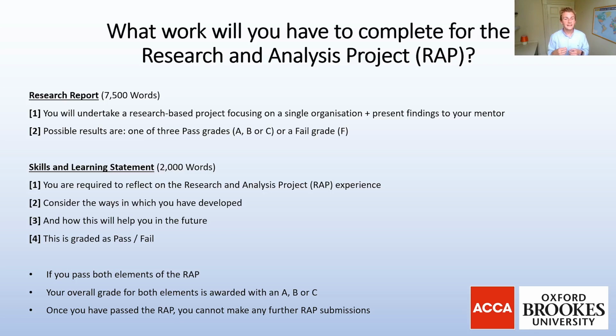And then once you've had your meetings and you've completed your 7,500 word project on that organisation, your possible results, and this is the real key thing to make sure you understand, are 3 grades if you pass the module: A, B and C, or if you don't pass it, then unfortunately it will be a fail grade. Now from that, if you were to pass, for example, you're then required to submit 2,000 words, and